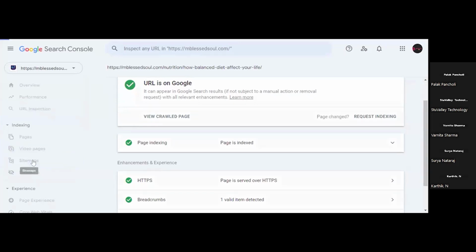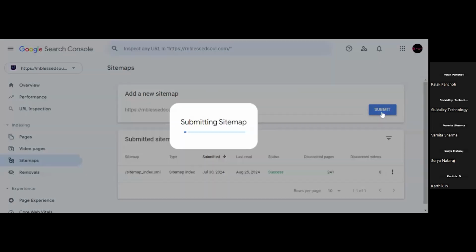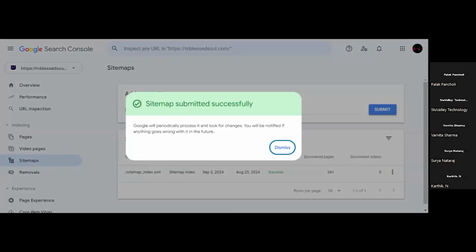So we will click on the sitemaps, and this is the option to update the sitemap. Up to this, it is already written here, so we will erase it, and we will submit the sitemap. Okay, so sitemap is submitted successfully.